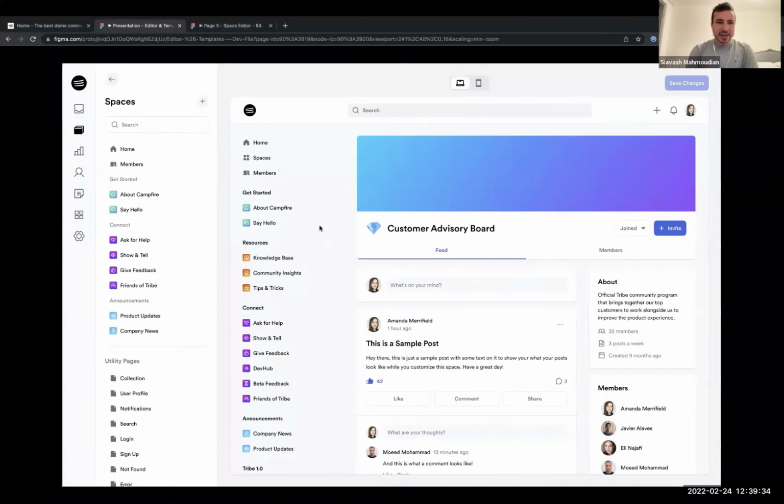I'm going to start with the fact that you will be able to create new spaces and new pages in Tribe. But when you want to create a new page, as Sohail mentioned, it's very hard to start from scratch. So instead, as one of you mentioned in the chat, we're going to give you the ability to start from templates. This is the editor, the only piece that I did not cover in the admin panel.